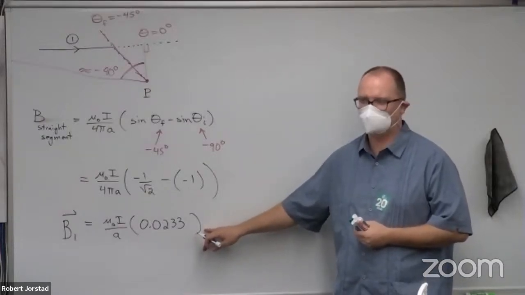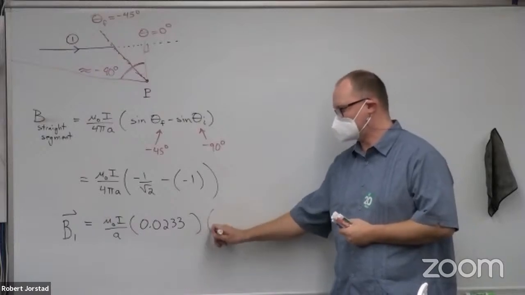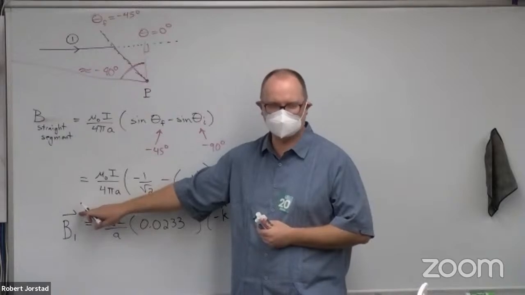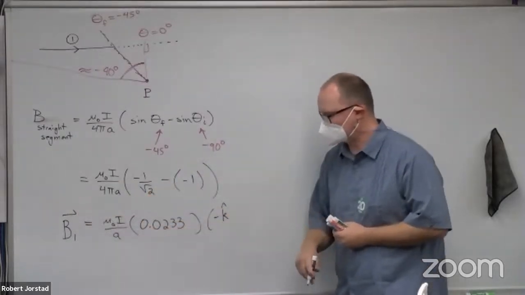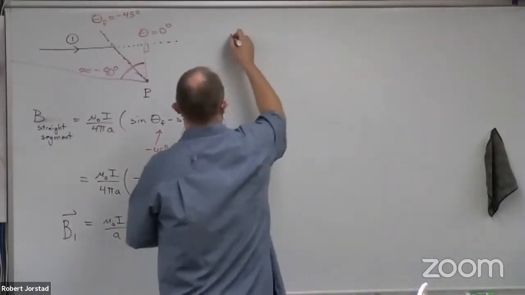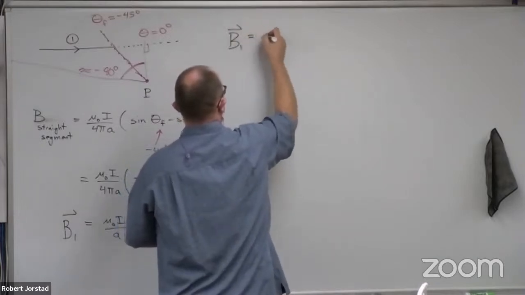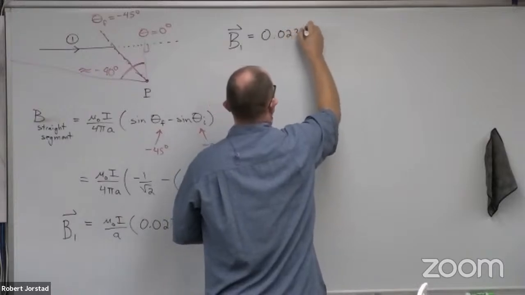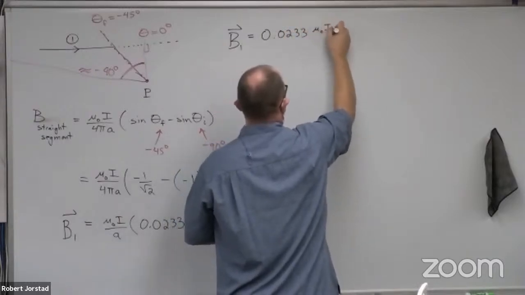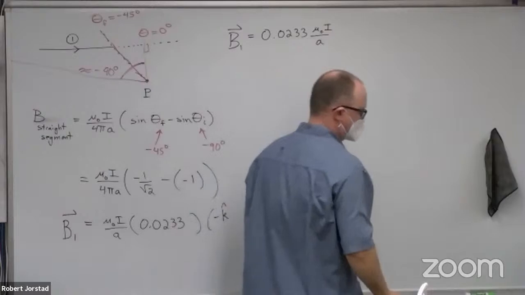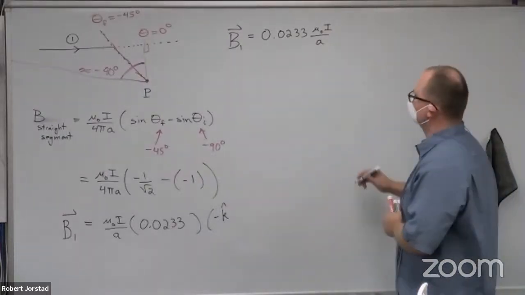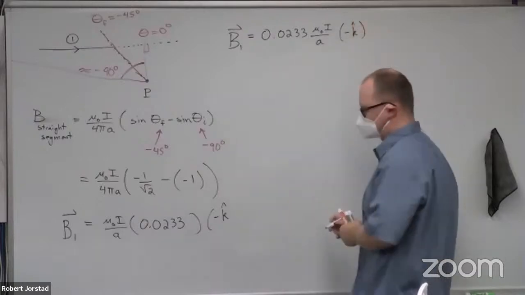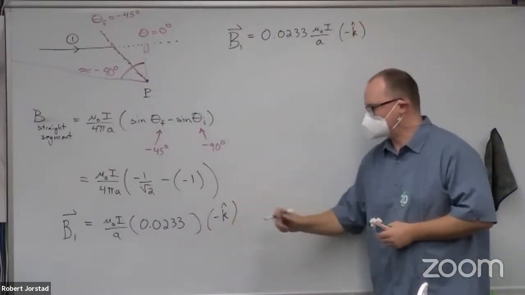Negative k, negative k hat. We talked about the direction earlier. Because I snuck that arrow in on you, you have to remember to stick it in there. So in this case, I'm just going to write that result up top. Usually we write the numerical coefficient out front. And then what did I forget? k hat. All right. Well,